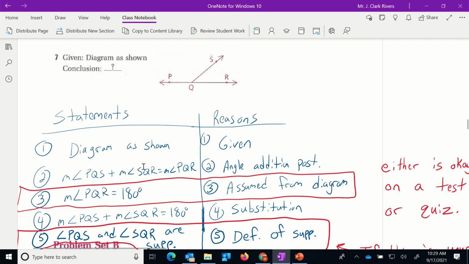So if that's a possibility, I would have to take it unless I very clearly stated don't use the angle addition postulate. So if I gave a problem like this on a quiz, I would say, hey, I know the angle addition postulate can be used there, but let's not use it. And here's the reason. Because PQR is 180 degrees,